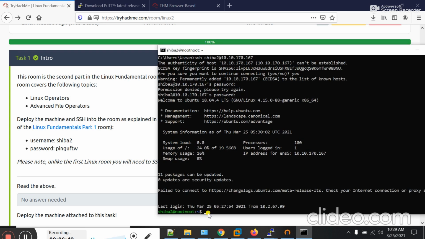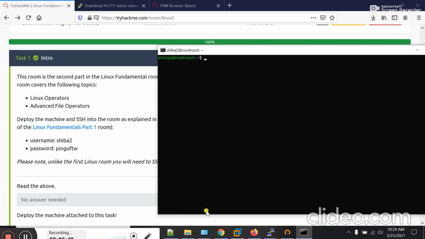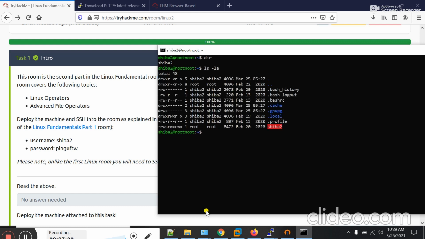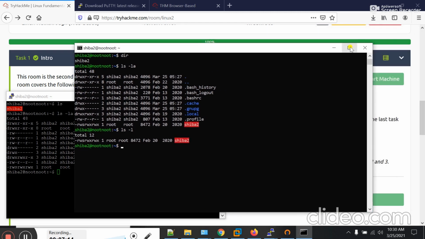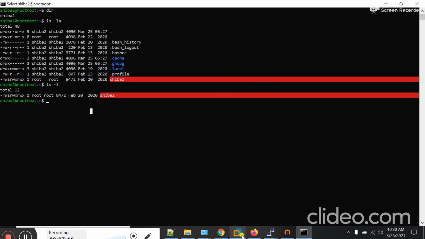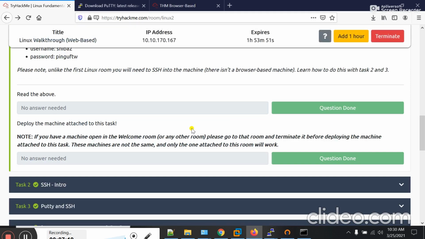Here you can see we have successfully SSHed to the remote machine, that is the Sahiba2 node, and if I type the command dir, as it is Windows based, I will use dir, and if I type ls -la, then you can see the content of this user. If I type ls -l for long listing, you can see this is the PuTTY method and this is the Windows based method. So guys, you learned how you can SSH to a machine and work on it.